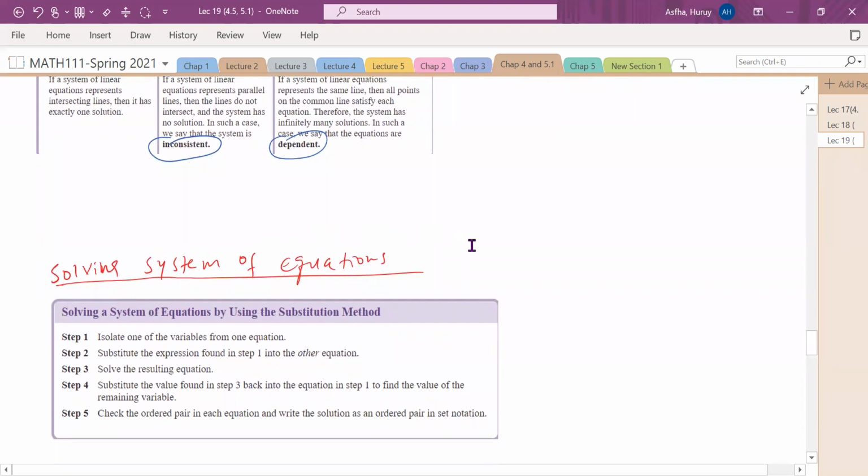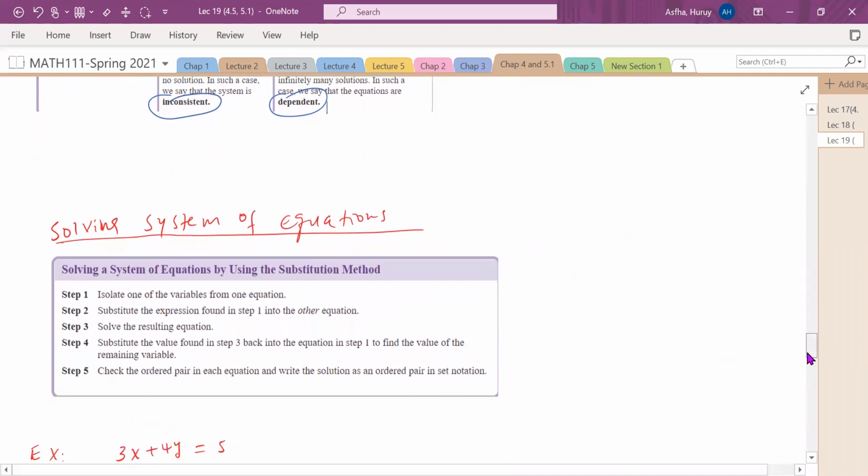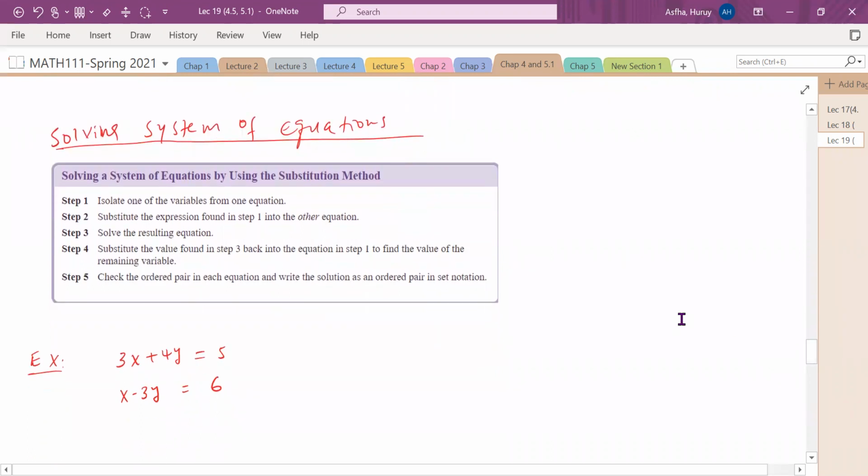Now, how do we solve a system of linear equations? Well, there are different ways. The two ways that we're going to cover here are the substitution method and the addition method. And we will start with the substitution method. Now, what does the substitution method mean? Or how do we use the substitution method to solve a system of linear equations? So the substitution method, as the name implies, what we do is,